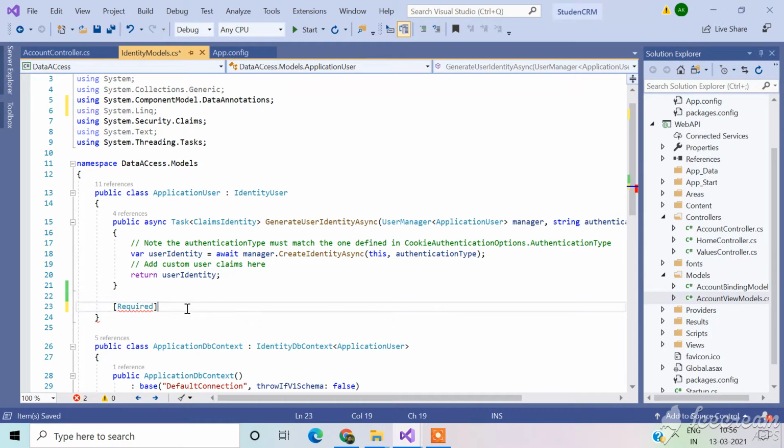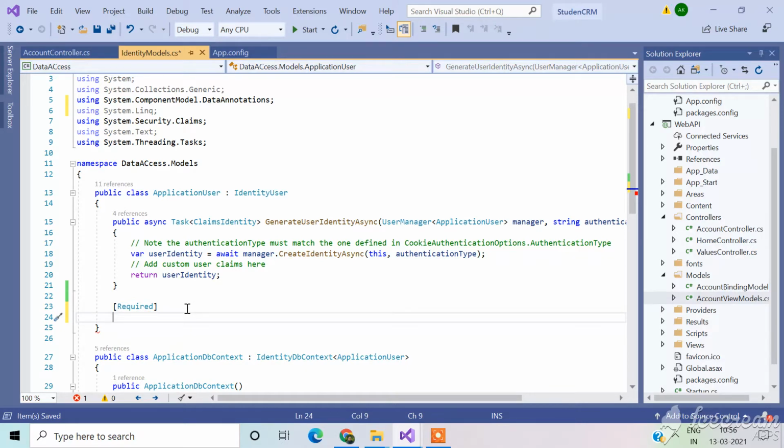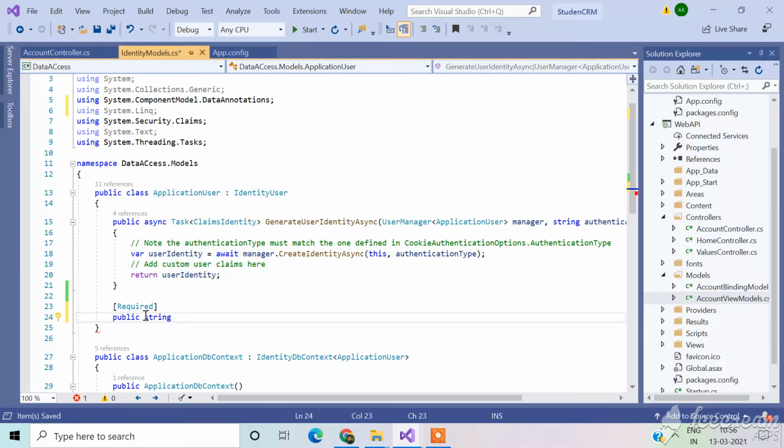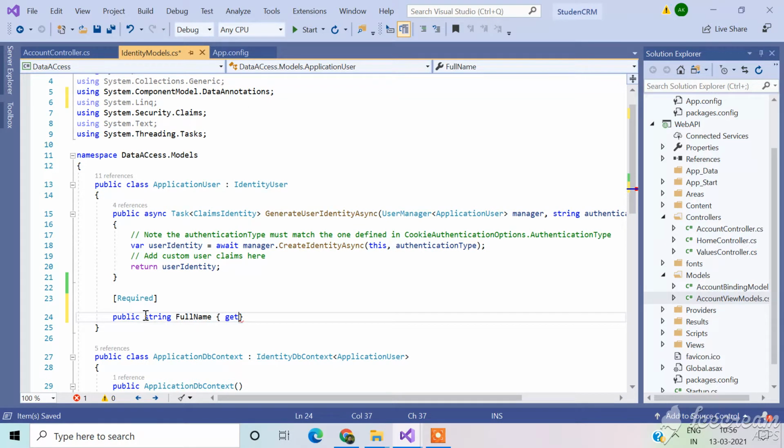Okay, so let me say that I want one column like... I want a few more columns, I mean custom columns to be added.